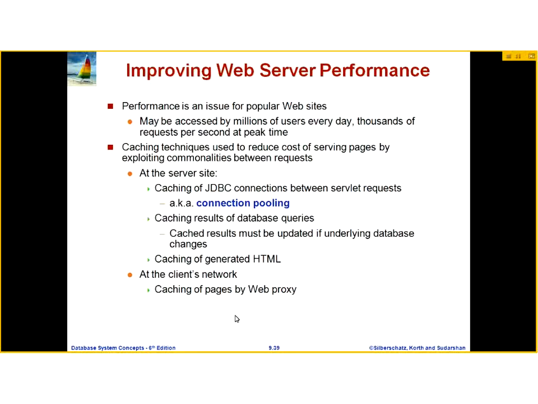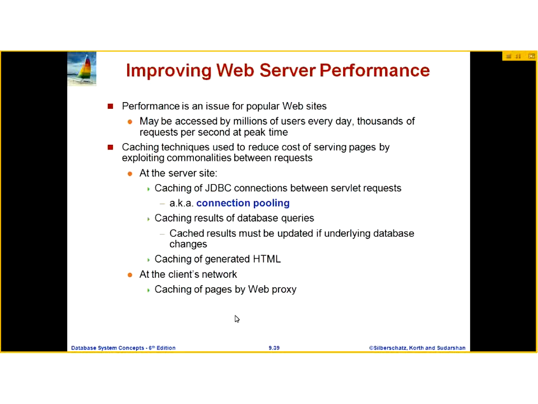Performance is an issue for popular websites because they may be accessed by millions of users every day, and thousands of requests per second are handled at peak time. So we sometimes use caching techniques to reduce the cost of serving pages by exploiting commonalities between requests. If you know that the same types of requests will be arriving in future, and during peak hours you see the same types of requests, you can use